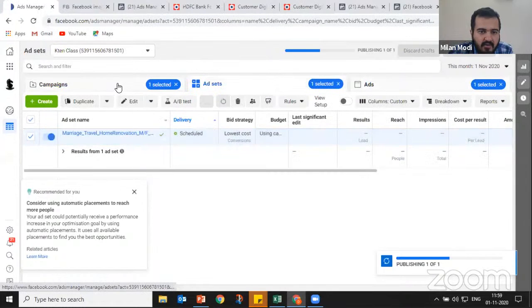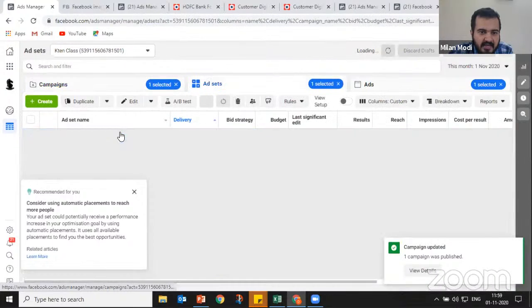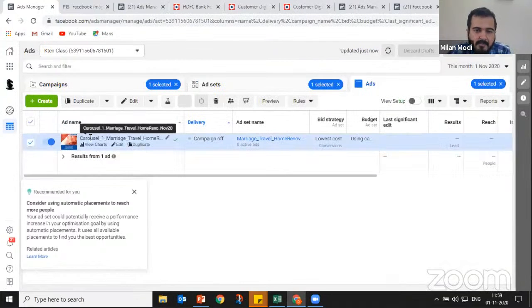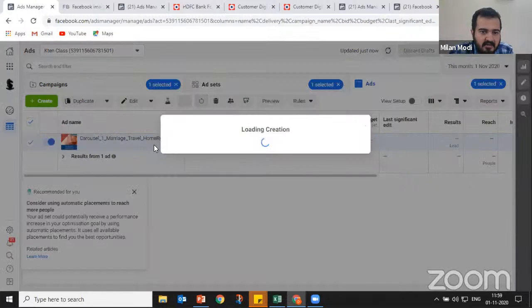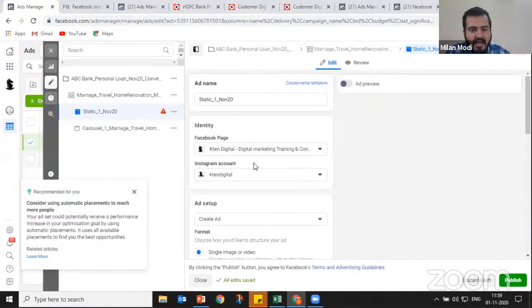And what we have now done, briefly summarizing, is we have created one campaign, we have created one ad set, that is one targeting, and within that ad set we have one carousel image. Now what we'll be doing is we'll be creating another image, which is in the same campaign, same ad set, we'll be creating an image, which is, let me name it as static one underscore November 20. Right,